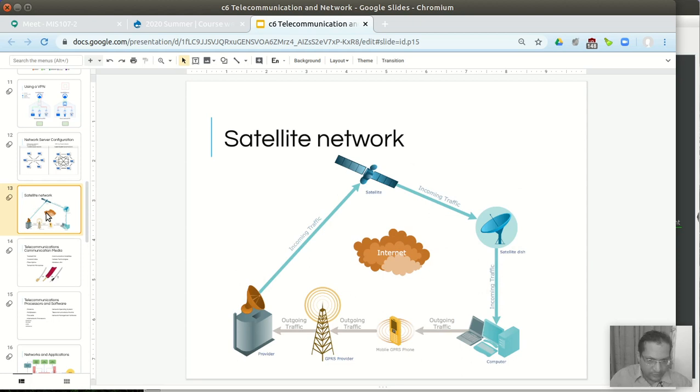Over here we see a telecommunication network and how data is sent. This is a satellite.